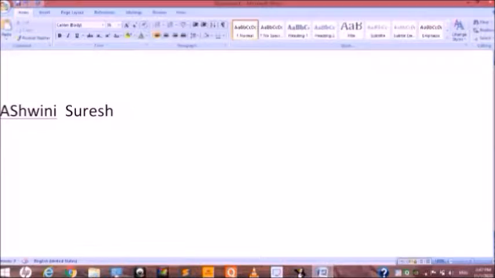Next is the caps lock key. Okay, so this caps lock key is used to enter the capital letter. So look at here, this is only the Suresh. First letter is capital and the other letters are small. So if you want to enter the whole name in capital letters, first you have to press the caps lock key, okay, and then write the name in this way.